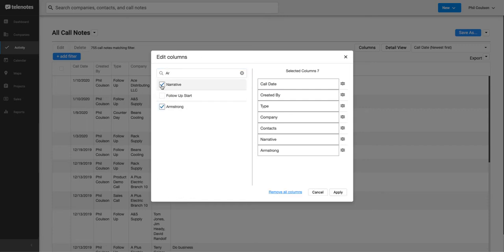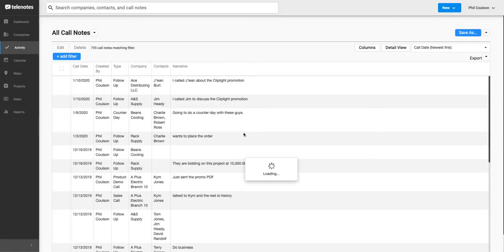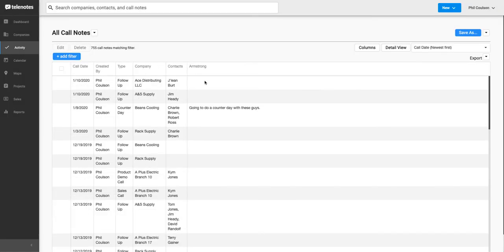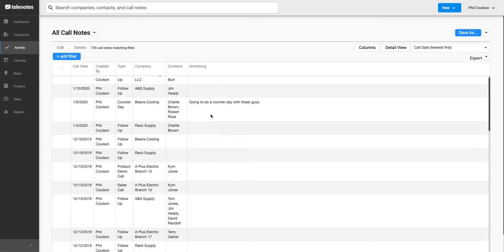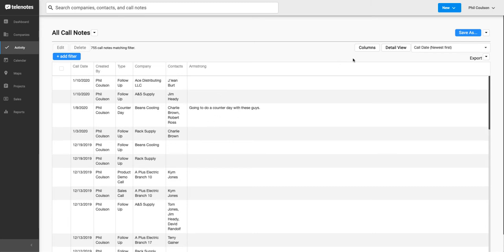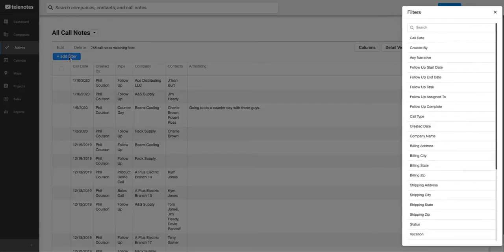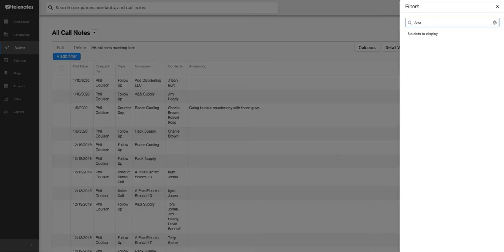I'm going to uncheck the narrative box as well, because that narrative is just showing the first populated narrative field just to give you a snapshot of that call note. So we'll uncheck that, do Armstrong, hit apply. Now I'm still seeing all those same call notes, and there's a bunch of blank ones because for Armstrong, there hasn't been anything under there. So I'm going to add a filter, search Armstrong again,